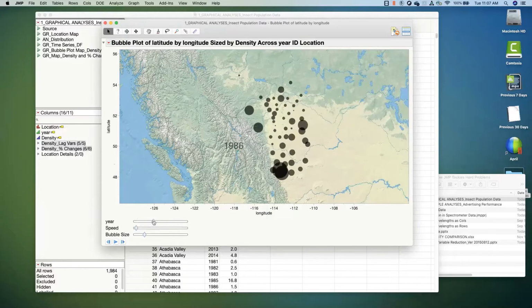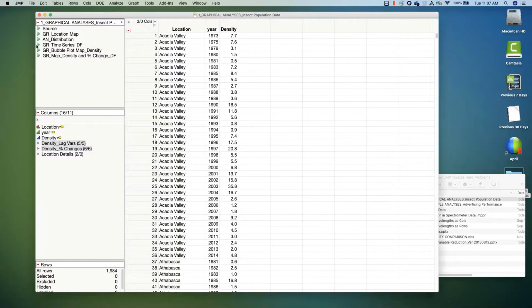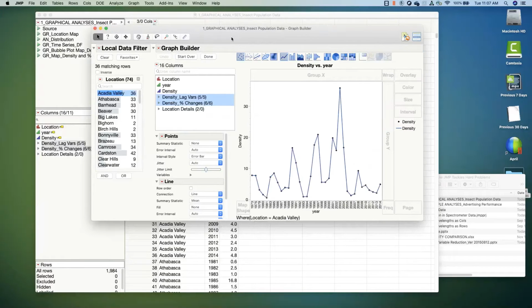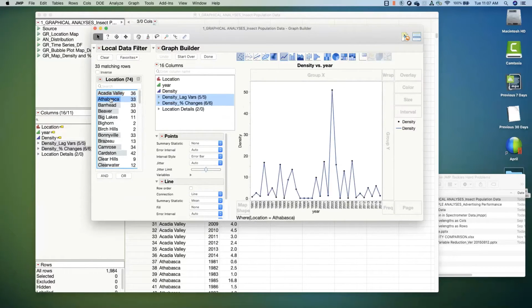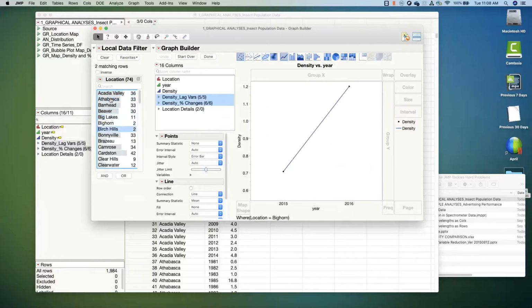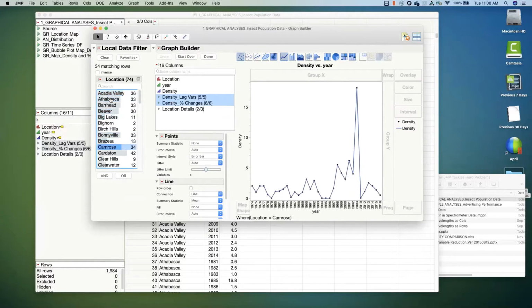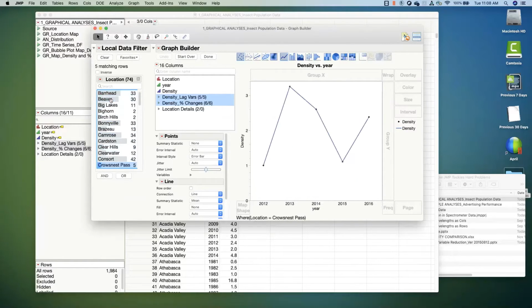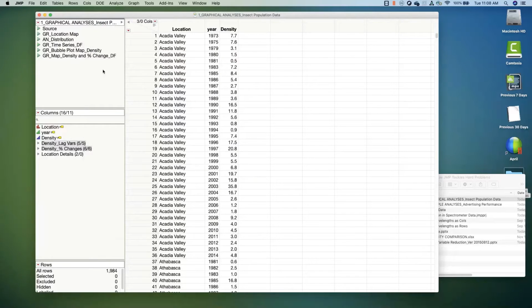versus, I'm going to close this and just bring up that time series graph we had. That's, I think, a lot easier than moving through a time series graph and trying to find patterns, right? That's really, really hard to do. So it's a very, very simple way. In fact, I did a second